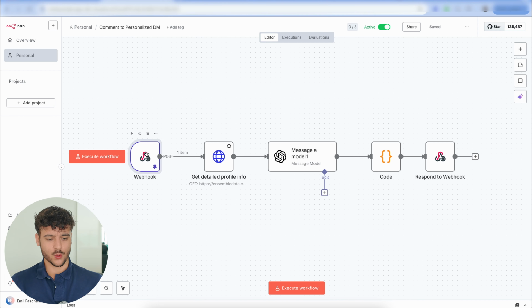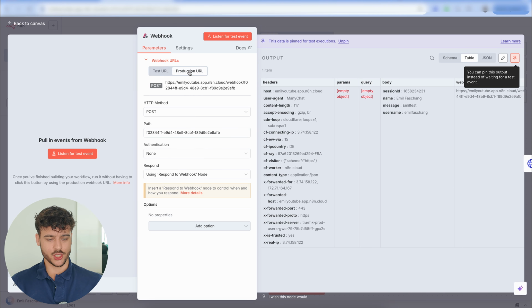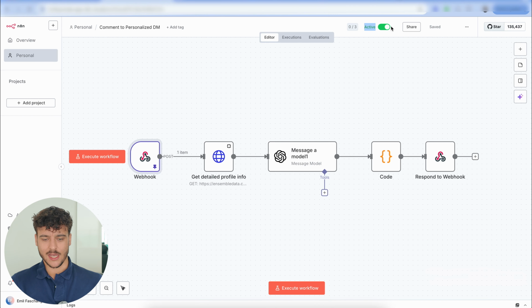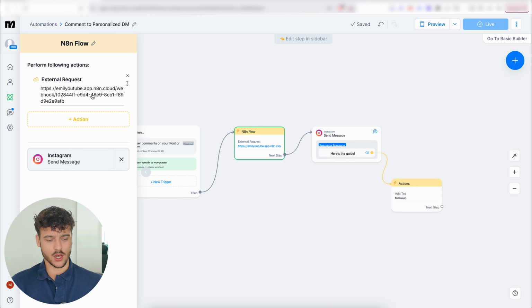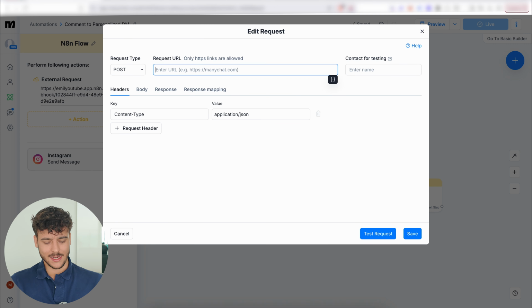We're now going to go over to the webhook node, click on production URL, and copy this URL. Make sure that your flow is set to active, otherwise this will not work. You can then go back into ManyChat, click on the n8n flow node, click on the external request, and insert